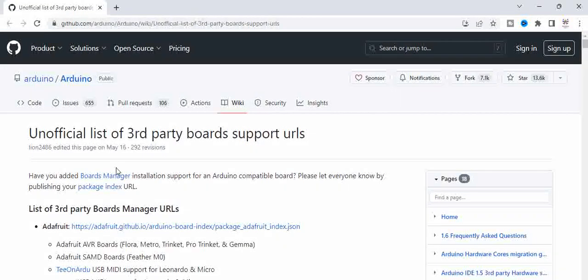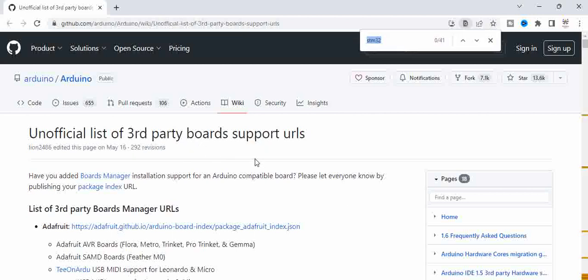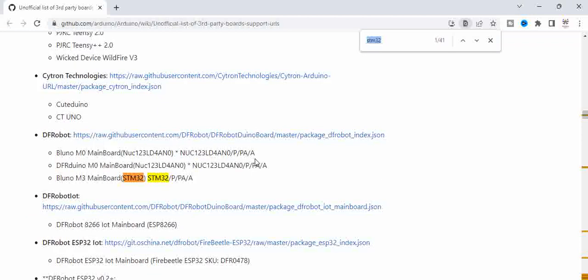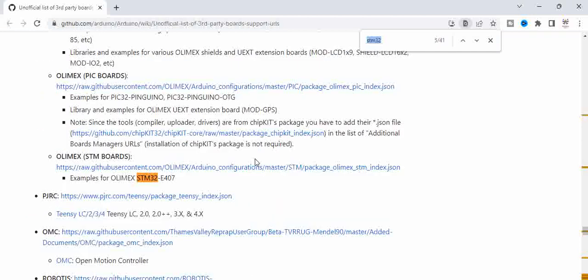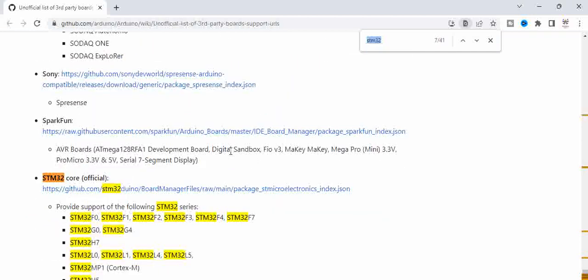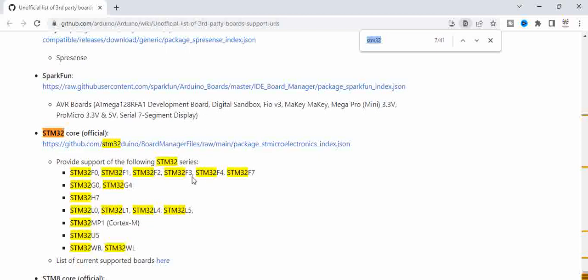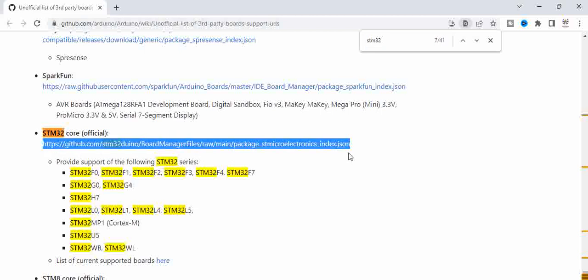You can click on this link and it opens up a GitHub page where it shows all the third-party board support URLs. Control F, you can search for STM32. Okay, so there are several STM32 boards. So we will use this STM32 core, which is the official one, and copy this link,